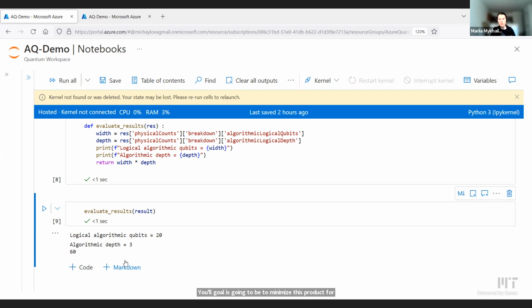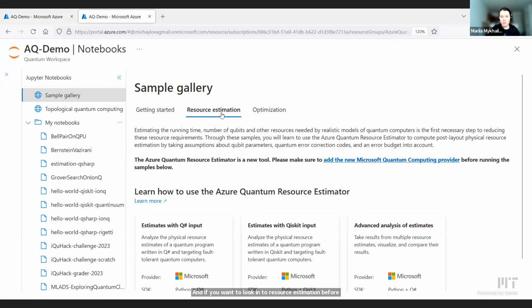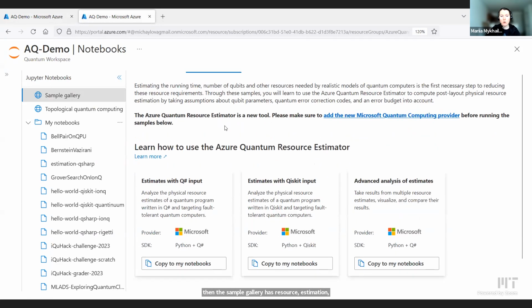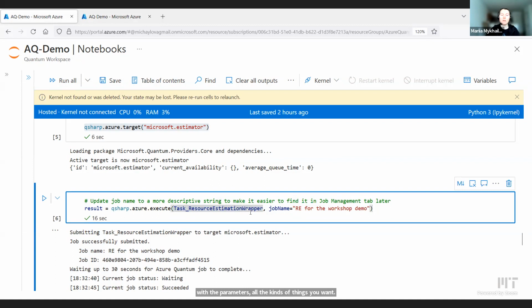So this is how you will be working with your challenge come Saturday. And if you want to look into resource estimation before then, the sample gallery has resource estimation examples, which show you how to run the basic resource estimates. Same thing, you can do copy to my notebooks, run the jobs, play with the parameters, all the kinds of things you want. Oh, and you see that here when we run the job, we don't give it any additional